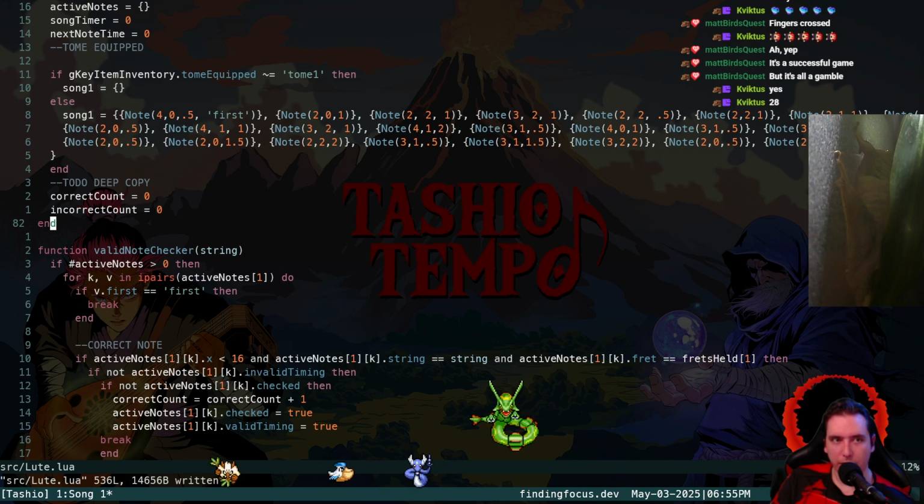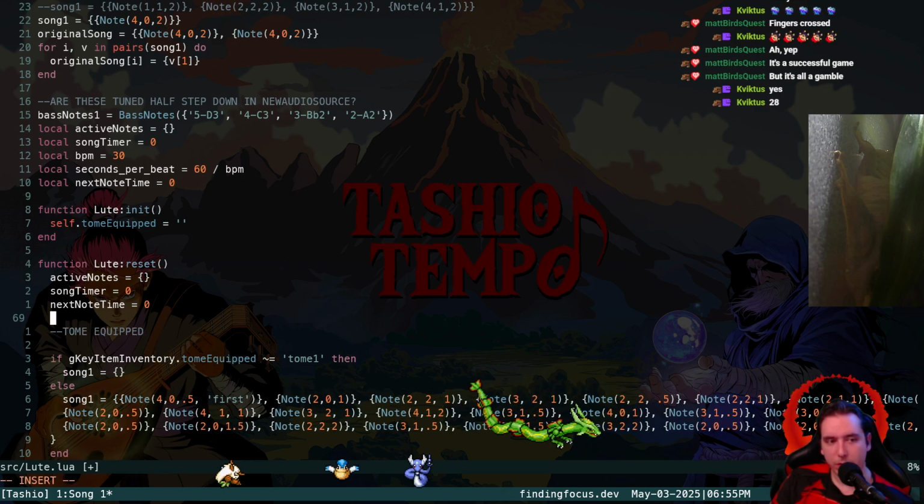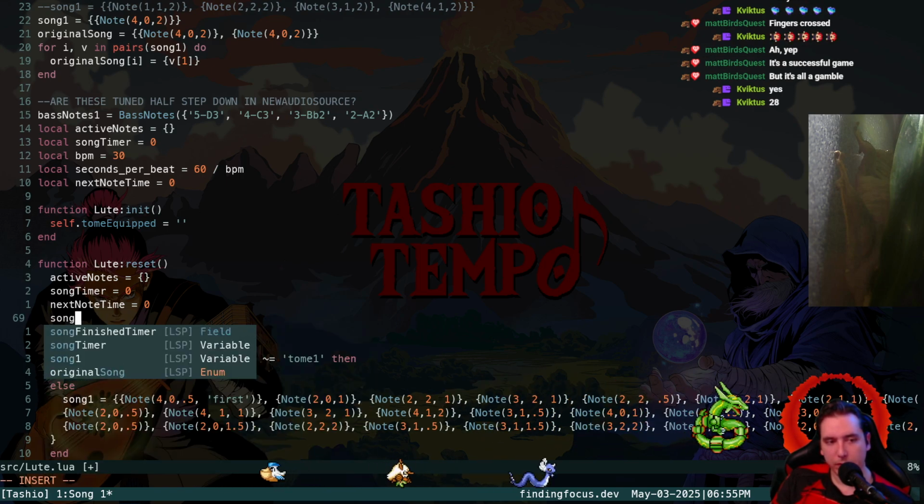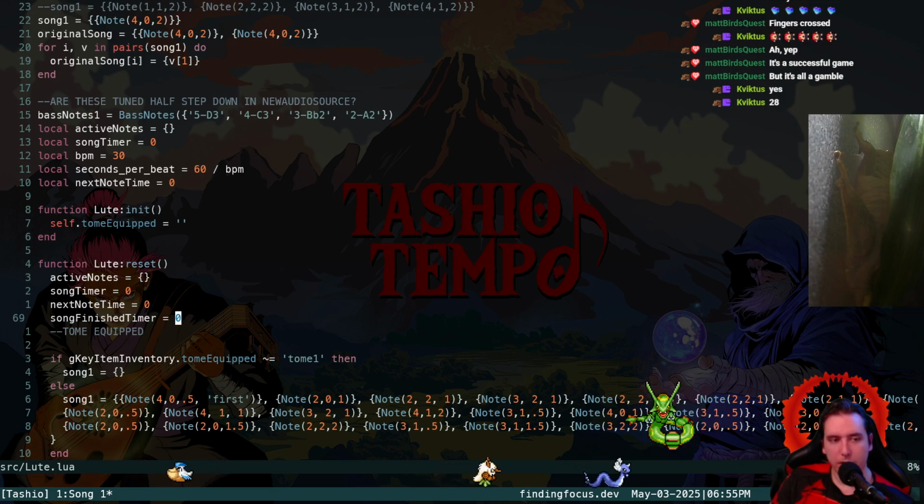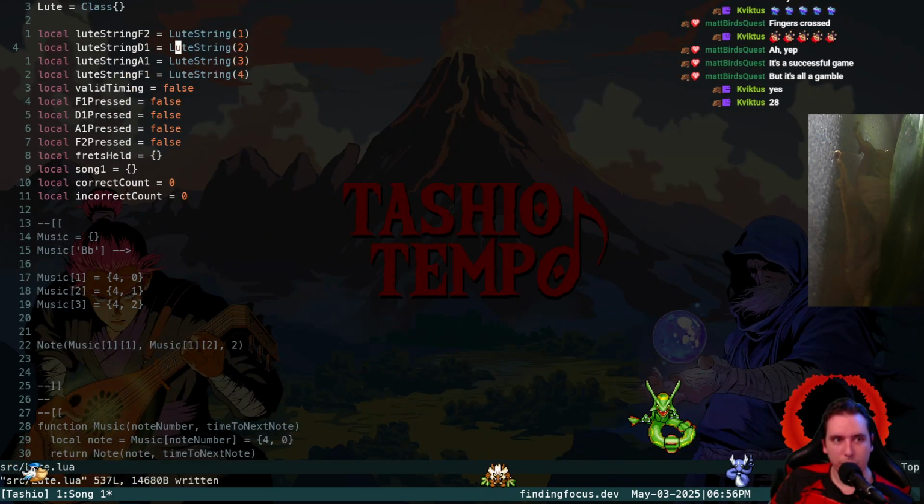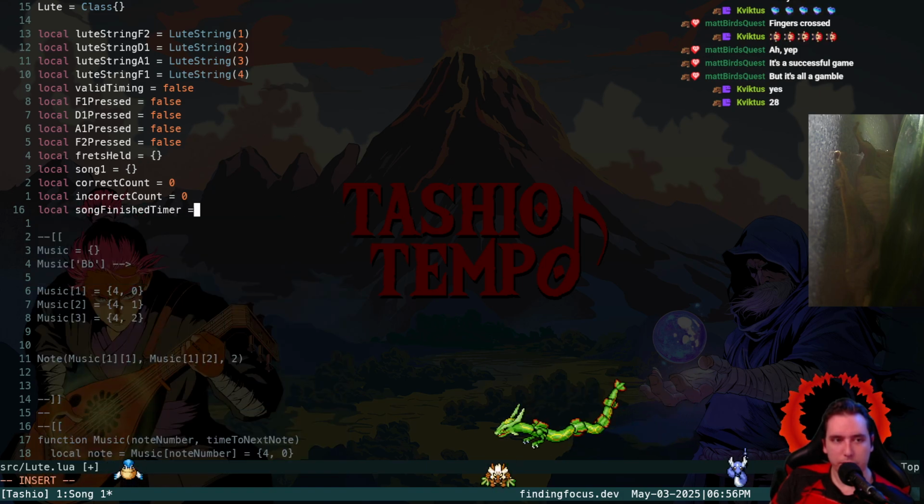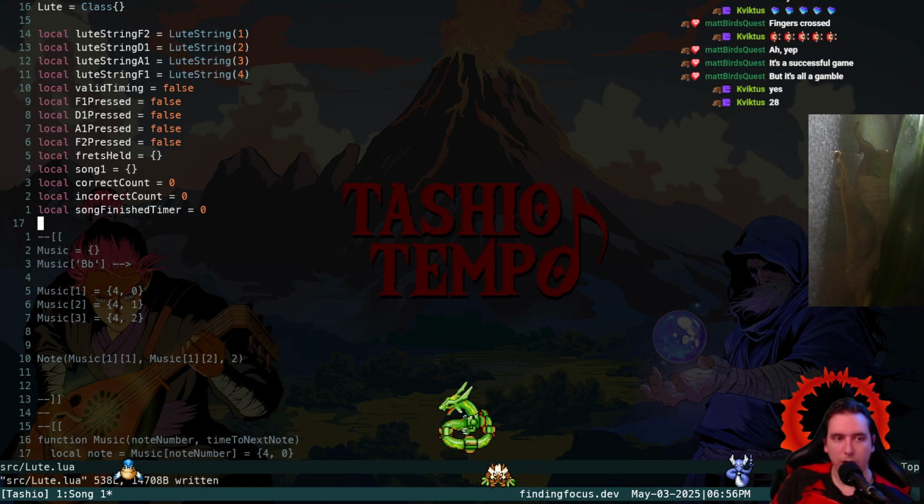consistently change it again. So, do we have a reset? Oh, we have a reset. So we have this song timer. We need a song finish timer to be reset to 0. It'll be a 1 second timer, and then we need to just declare it as a local variable up here. Local song finish timer is 0. Okay, so we should